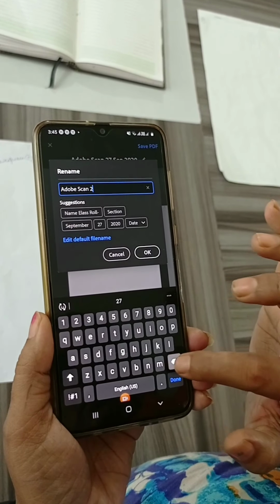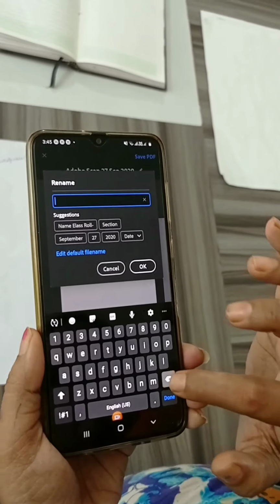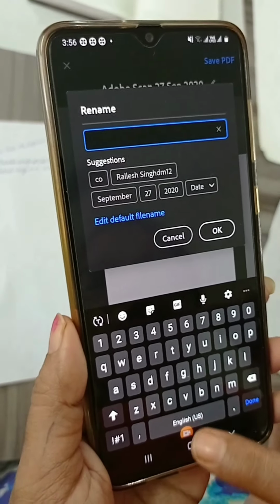Now just see the process. Now I am showing how to write.